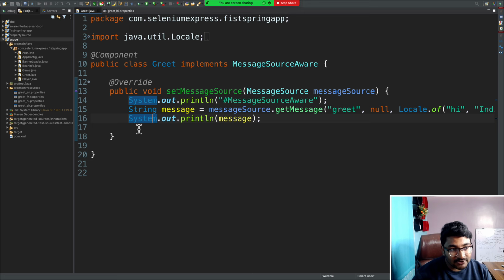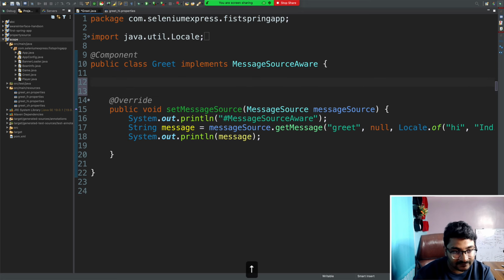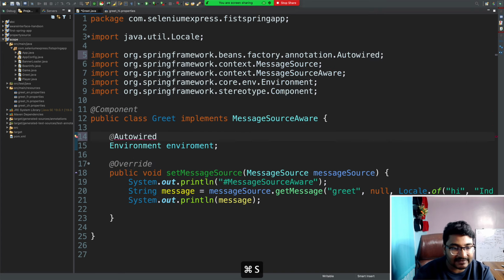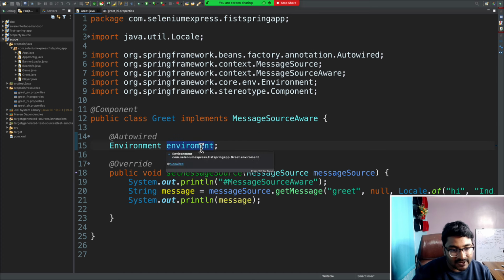EnvironmentAware interface, there is another one you are talking about, Lakshmi? No. Environment, we have one more thing, right? Yeah, the Environment interface that you have for properties. Yes. So Environment, as I was explaining in the last session, I have not explained it pretty much. This is an object which automatically gets created by Spring if you use Autowired, things will work. This is going to help you get the properties. And this is nowhere related to our interface, because this is the internal object. And if you want to catch this object,